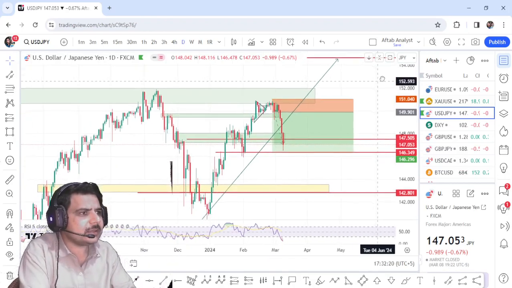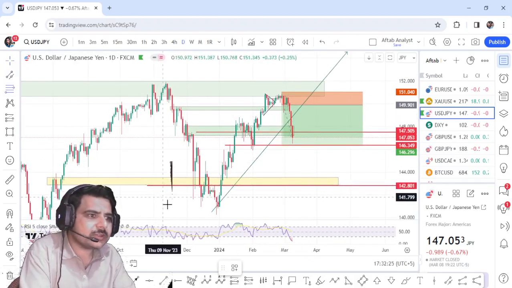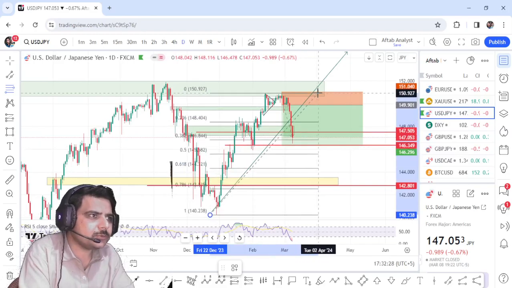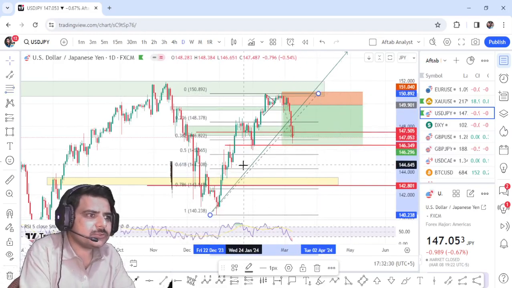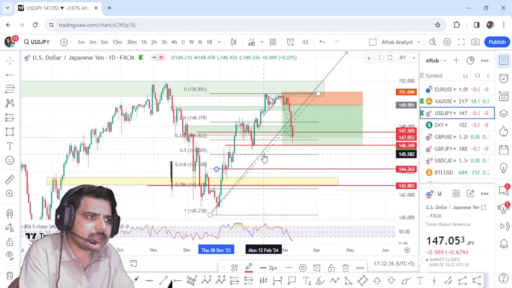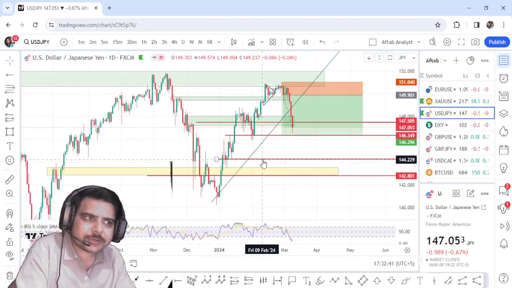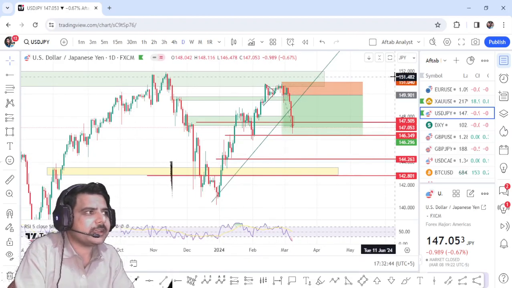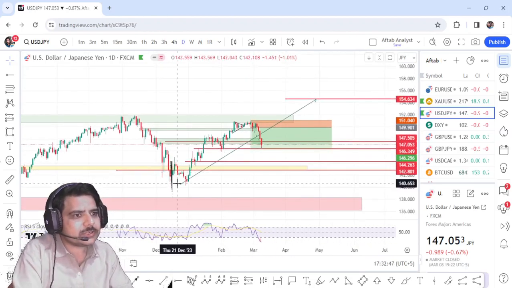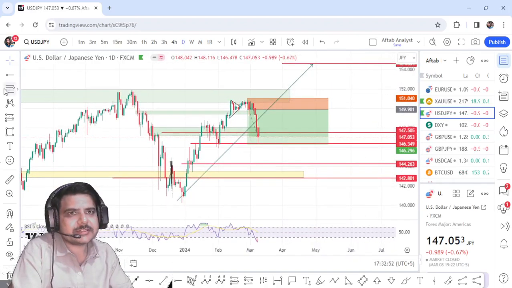Dollar yen, since it dropped, I already booked profit from it, but it definitely has to drop further. To which level? It has to drop towards this level right here. What is so special about it? The first thing is that this is the 61.8% retracement of this impulsive leg. And one more thing, since this one is very lengthy, my strategy suggests that if the market drops towards this zone like this, let me show you.